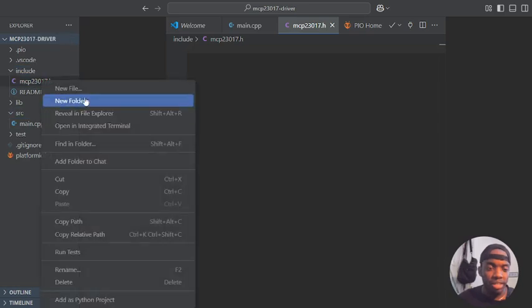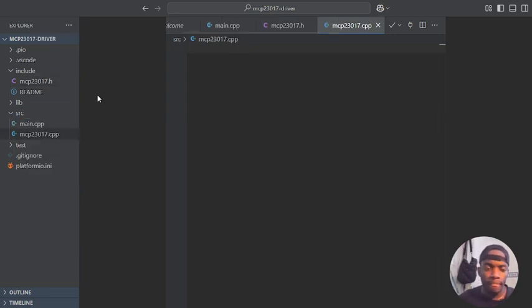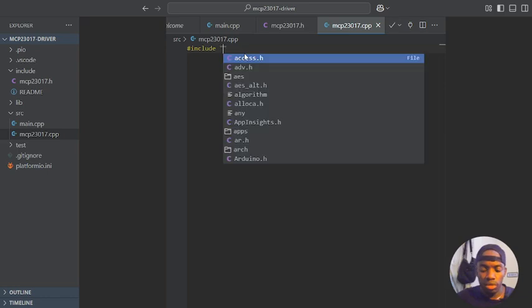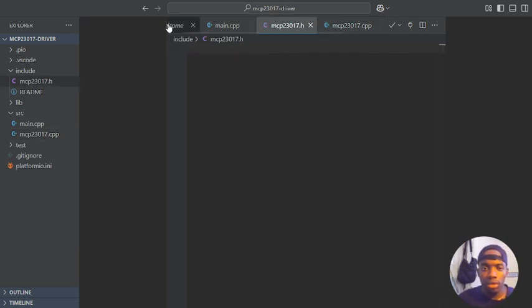Let's put the CPP in the SRC folder, MCP23017.cpp. Obviously in the CPP file we include our header file like that. Then we leave it at that. And then here